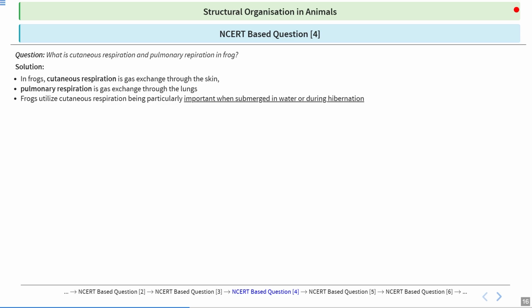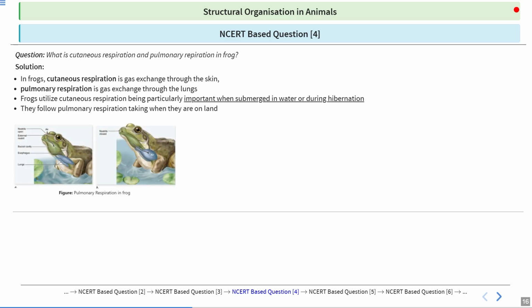Frog utilizes cutaneous respiration, being particularly important when they are submerged in water or during hibernation, right? Not only for hibernation, but it is also for estivation, right? So here you can see the pulmonary respiration in frog. They follow the pulmonary respiration when they are on the land,